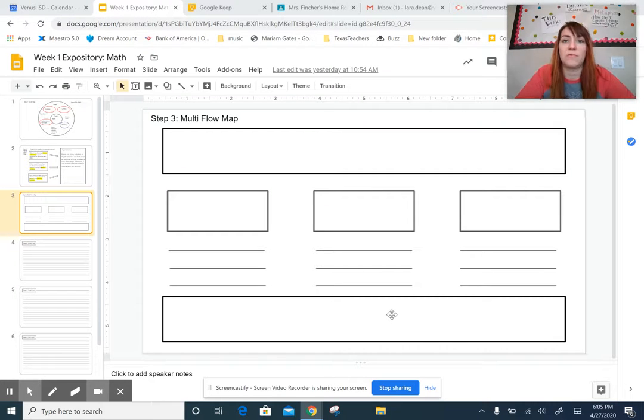Hey class, we are back for step 3 of the writing process. In step 3, we're going to be filling out our flow map, which you see here. Just a reminder of what we've started on so far, our prompt. We are writing about an activity that we use math and explaining what that activity is and how we use